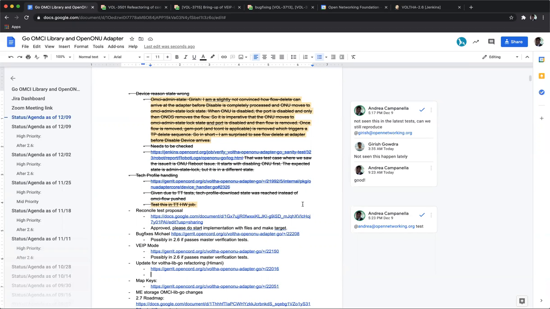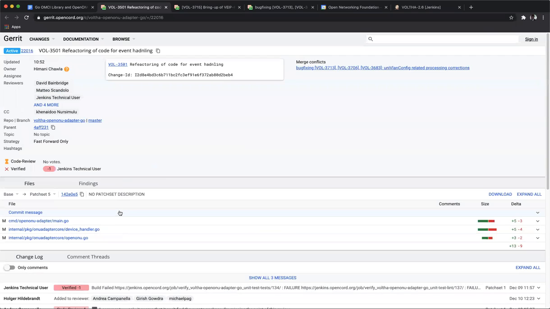Okay, sounds good. The one thing I was wondering is, if this is an update for the VoltaLib Go, why doesn't this one include an update of the VoltaLib Go version? Yeah, because the protos are not merged. Once the protos are merged, I'll include the vendor changes as well as bump up the version. And the proto patch, if I'm not mistaken, is the one I'm about to link.